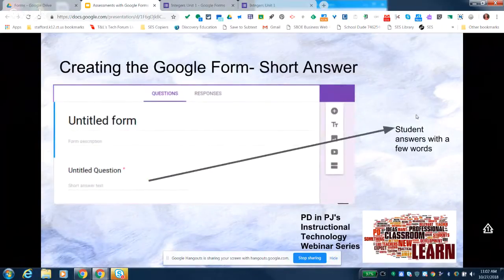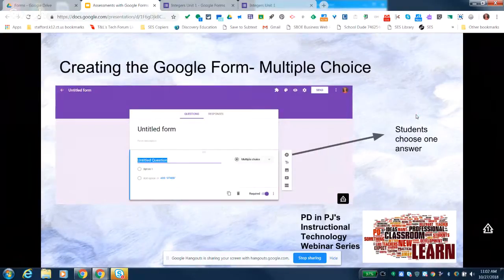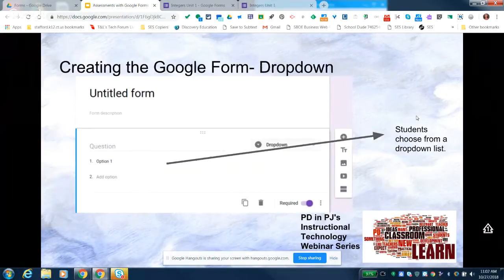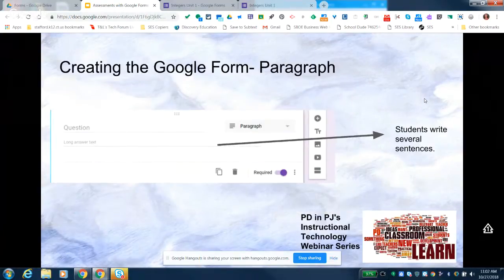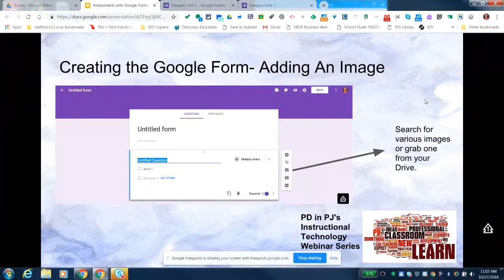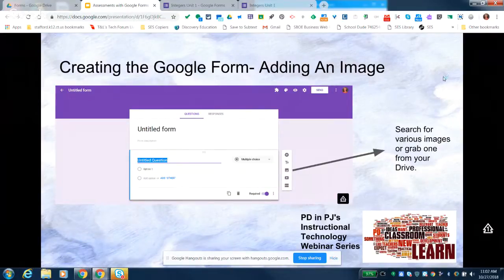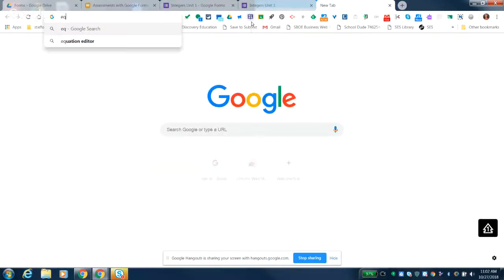We've talked about the different types of questions where you could do short answer with a few words, multiple choice, students choose one answer, checkboxes, students choose more than one answer, and drop down list, students would choose from a drop down list. It would just be one answer, and paragraph form where students would write several sentences. So let's talk about adding an image because there might be times if you're a math teacher that you want to put in equations. So there's a pretty cool equation editor,